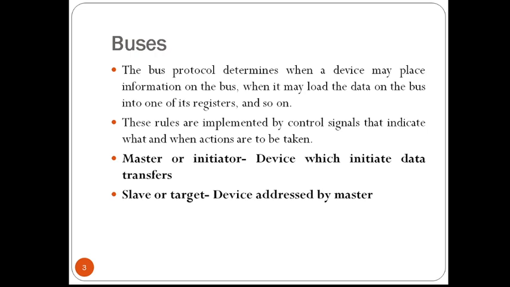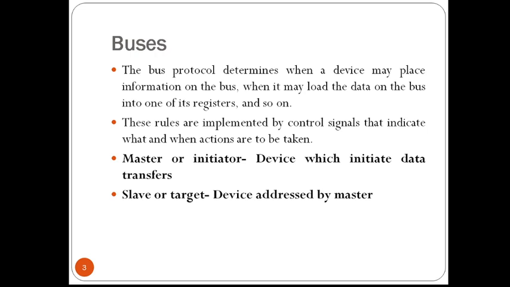The bus lines that are used for transferring data can be grouped into three types: data lines, address lines and control lines. The control signals specify whether a read or write operation is to be performed. These control signals will tell whether a read operation or a write operation is happening. If it is a read operation, then data will be fetched through the bus. If it is a write operation, data will be stored through the bus. Usually a single R/W bar line will be used. This indicates the control line, the R/W line.